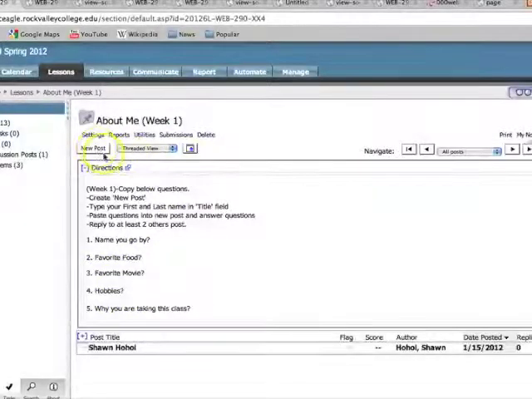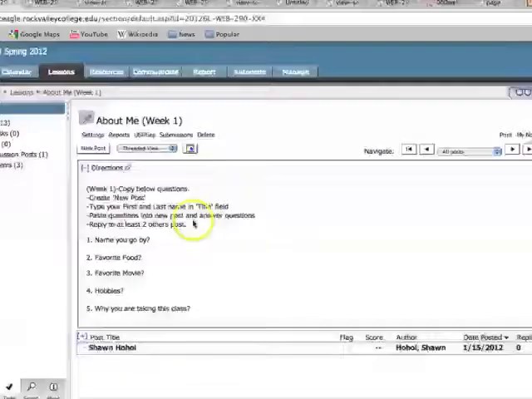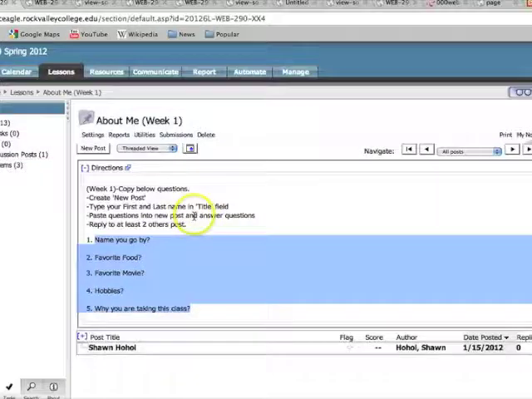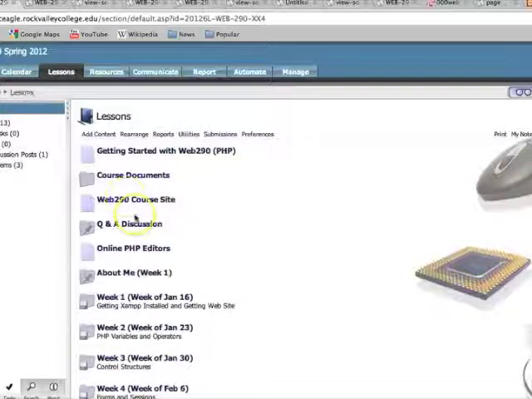You'll click New Post, answer these questions, and type in your first and last name in the title field. Paste questions into the new post, these questions down here, and answer them, and then reply to at least 2 other people's posts. So that concludes week 1,